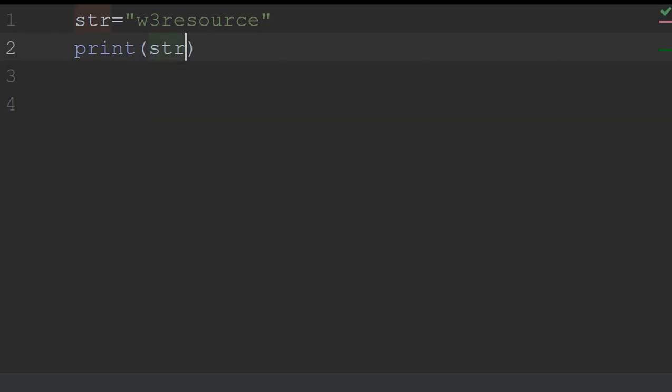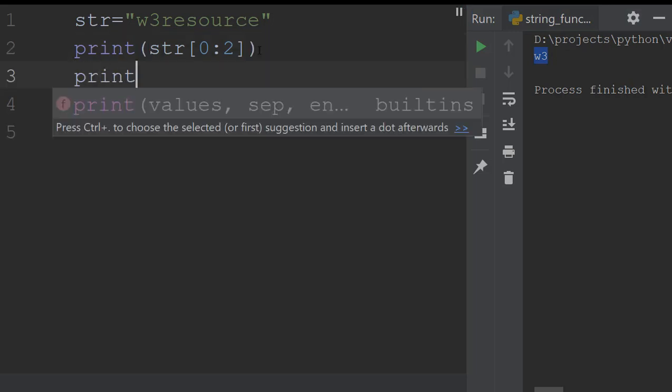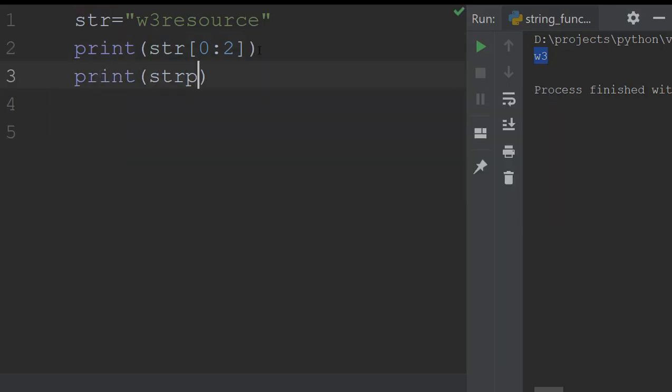Now print str. So the first two characters we can get with the help of string slicing. Let it be like this, and let us try to print this one so that we can get ahead. So fantastic, I'm getting W3, and now what else I need is CE. Okay, so print str from -1 to, let's say, -3, and let's print this.